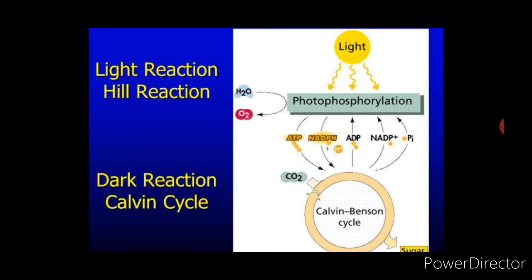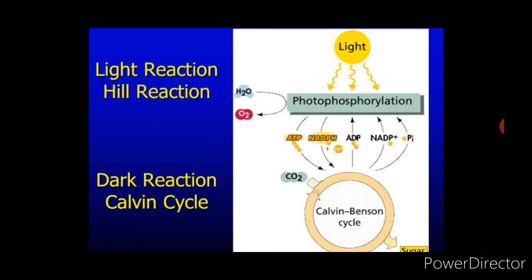It is called the Hill reaction because it was discovered by Robin Hill, and this takes place especially in the thylakoid membrane. We have seen the grana, isn't it? The disc-like structures arranged one above the other are called grana. So this light reaction takes place in the thylakoid membrane, that is the grana of the chloroplast. Now the photosynthetic pigment, chlorophyll A, absorbs the light energy and converts it into chemical energy.